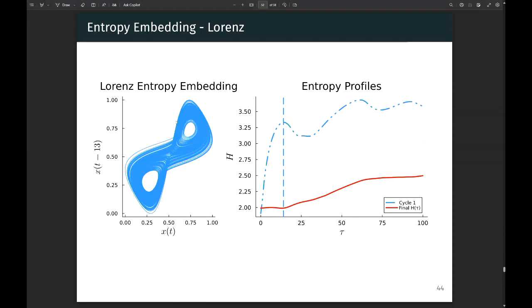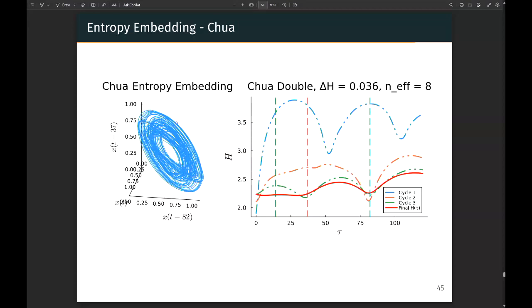Pretty nice, pretty unfolded. A bit of a harder case, we have a Chua double scroll system. Now, this plot is the same plot except we go through three embedding cycles. In the blue case first, it sees two maxima. It evaluates that this one produces the next best entropy profile, which produces this orange-brownish one. It finds the maxima there, which produces the green one, which finds the maxima there, and it produces the final profile we have in red. And these do correspond quite nicely to the dominant periodicities in the signal as well, and we get a nice-ish unfolding of the attractor.